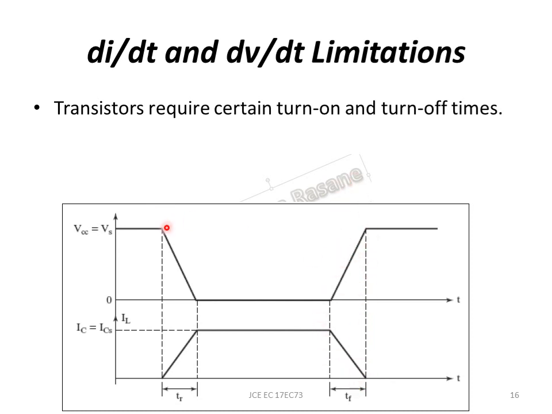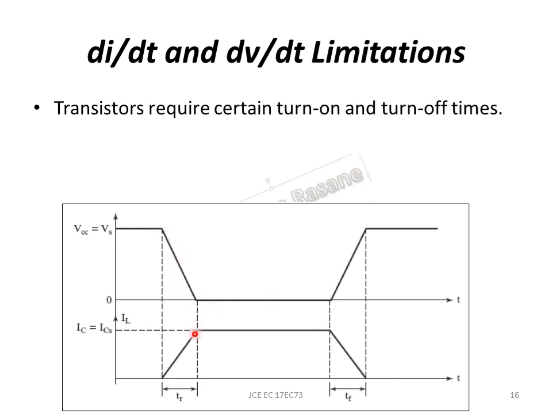What is happening here is also a voltage change, that is the rate of change of voltage with respect to time. If I see this TR, what is the rate of voltage change happening here? It will be dV by dt, that is what we call the rate of change of voltage with respect to time. In this case it is Vs minus 0, so it is Vs, and T is nothing but Tr. So dV by dt is Vs upon Tr.